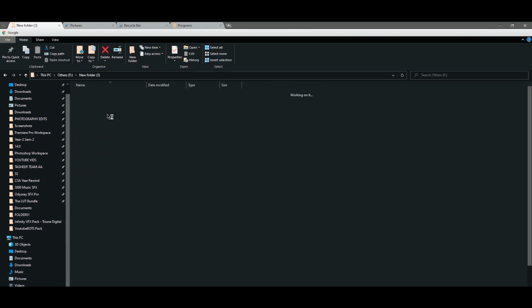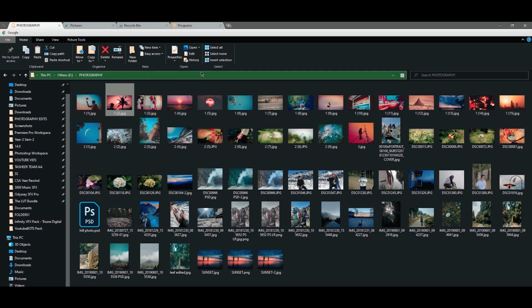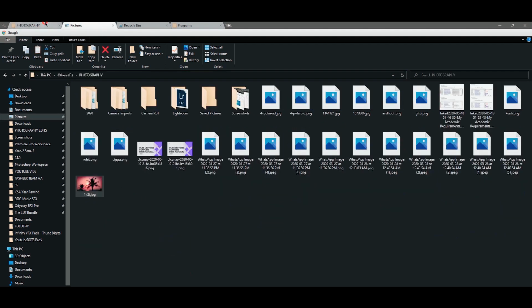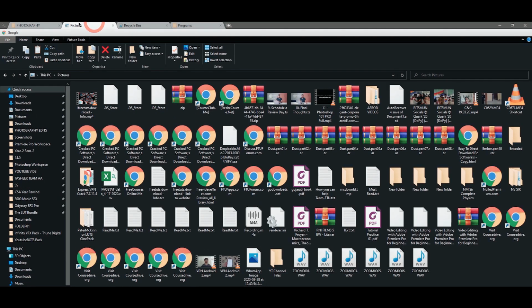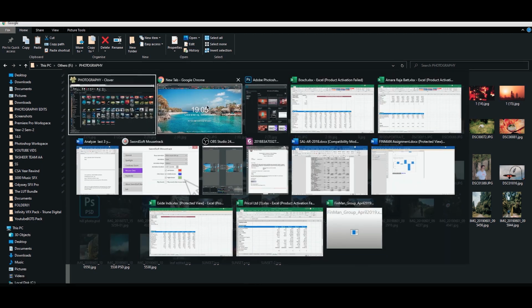If you want to copy something and paste it to another folder, normally you would have to open another Explorer window, but here you can simply keep switching tabs and copy paste. That is really helpful because you can run multiple instances of Windows Explorer without that weird switching mechanism. This is one of my favorite hacks, or software that I use, that really helps me out. I'm going to show you how to install this.